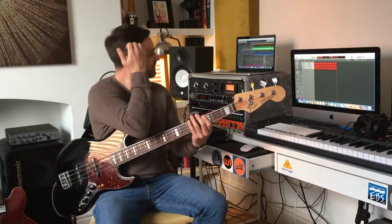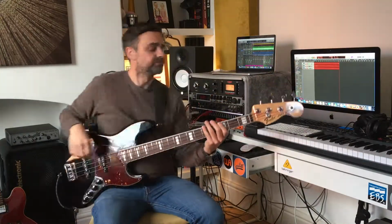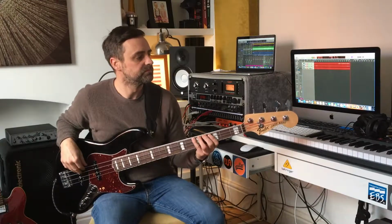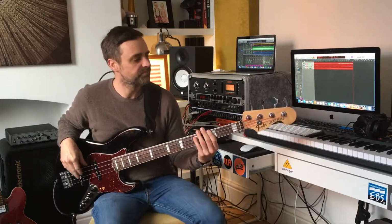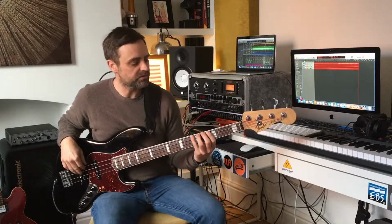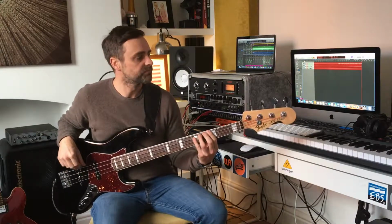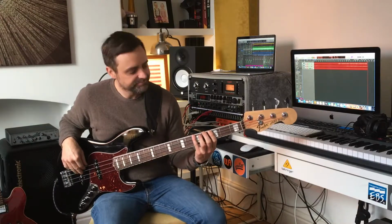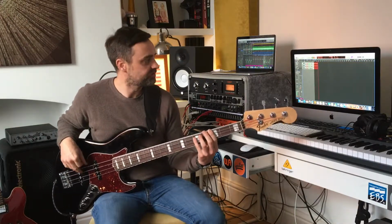And here we go, so I'll just give you a quick example first of how this will sound, and then we'll break it down and have a go with it. So that's the A, that's the G, the A, just on one note, to the G, A on the 5th fret of the E string, G on the 3rd fret,